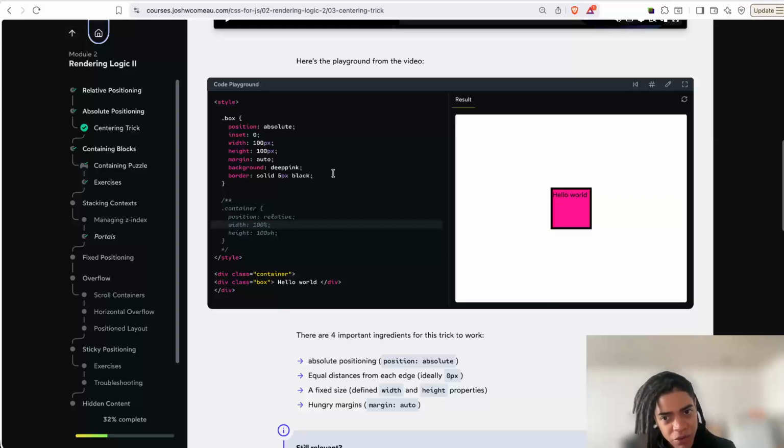In those scenarios, I do need to have some way to present that kind of content, and that's what we have now, the positioning layout. This comes with several different modes: the relative, the absolute, the fixed, and sticky. And here is where we start to look at and understand concepts like stacking context and z-index, and some of the things that we need to know as we progress here